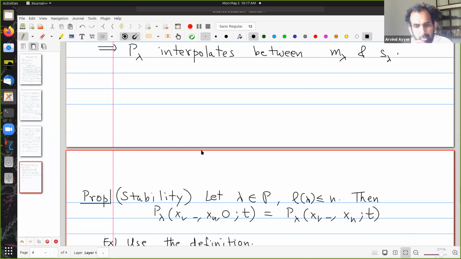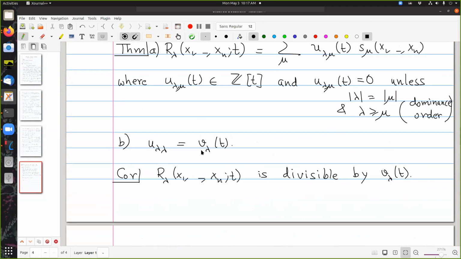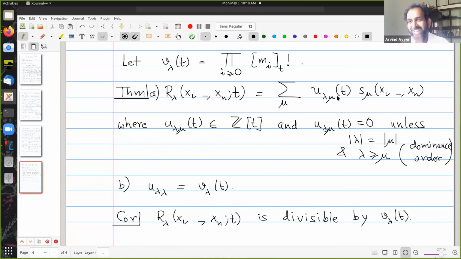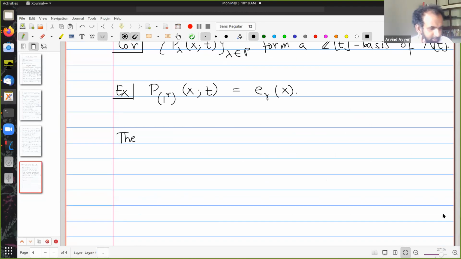Then is there a name for those structure constants? Like here for R lambda they were U lambdas, and now they're U lambda divided by V lambda. Right now we are not giving them a name. This is related to what are called the Kostka-Foulkes polynomials. I'll come to that, if not today, then next lecture. Okay, so the Hall-Littlewood polynomials